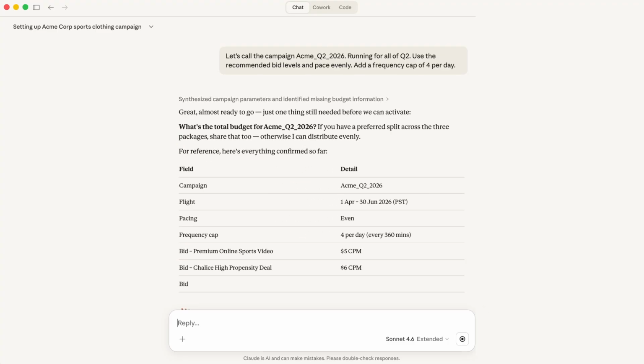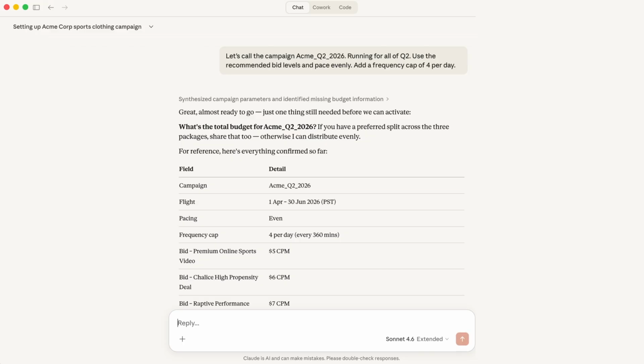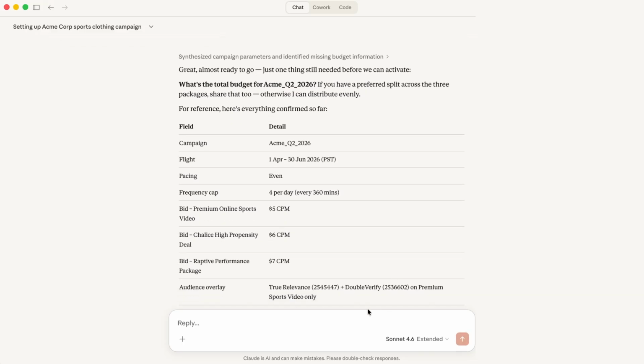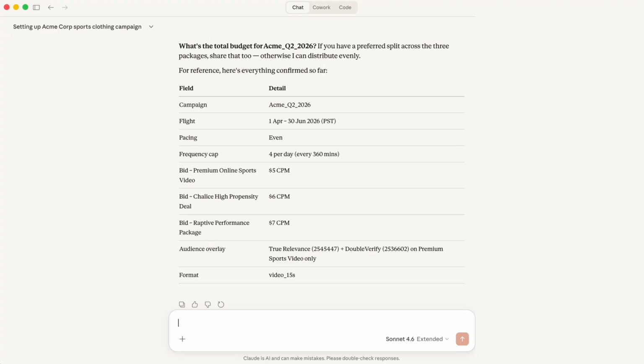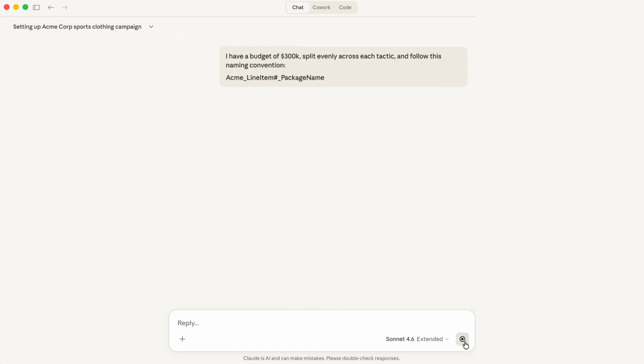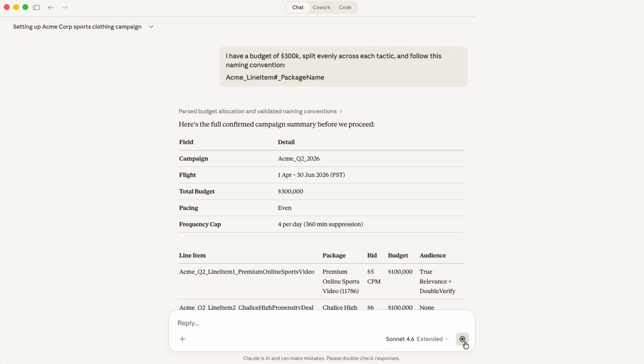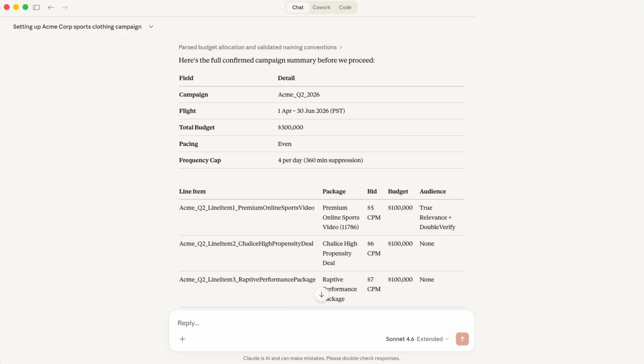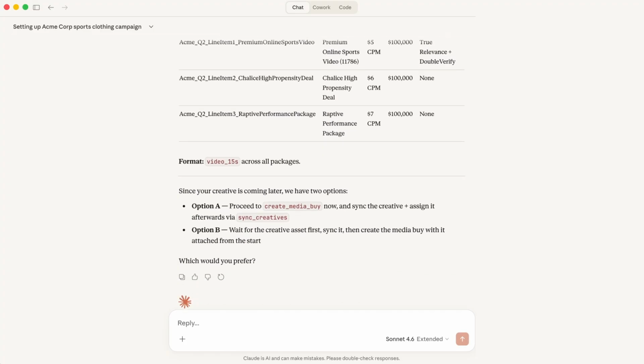Ah, yes, I missed the budget. And I think this highlights the guardrails that are already built into the workflow. It won't let me set this up without the required fields. So I'll add budget alongside instructions to split that budget evenly across each tactic and even give it a naming convention for the different line items. Once that's all inputted, I'll get a summary of the full campaign details and ask Claude to set up the